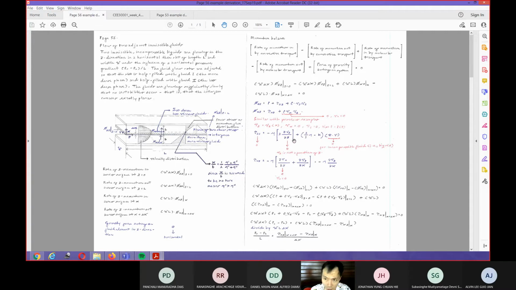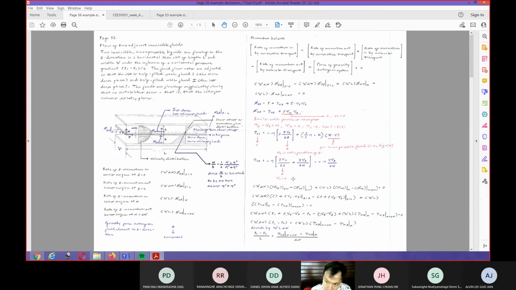If we put it into the general Newton's law of viscosity, the second term can be neglected because it will be zero, since we are dealing with an incompressible fluid. And we know that Vz is not a function of z, and Vx will be equal to 0, but this second term is not. Then we know that the pressure is a function of z. Why? Because if there is no pressure, there is no flow. You need a pressure to have a flow, so that's why the pressure is in the z direction.